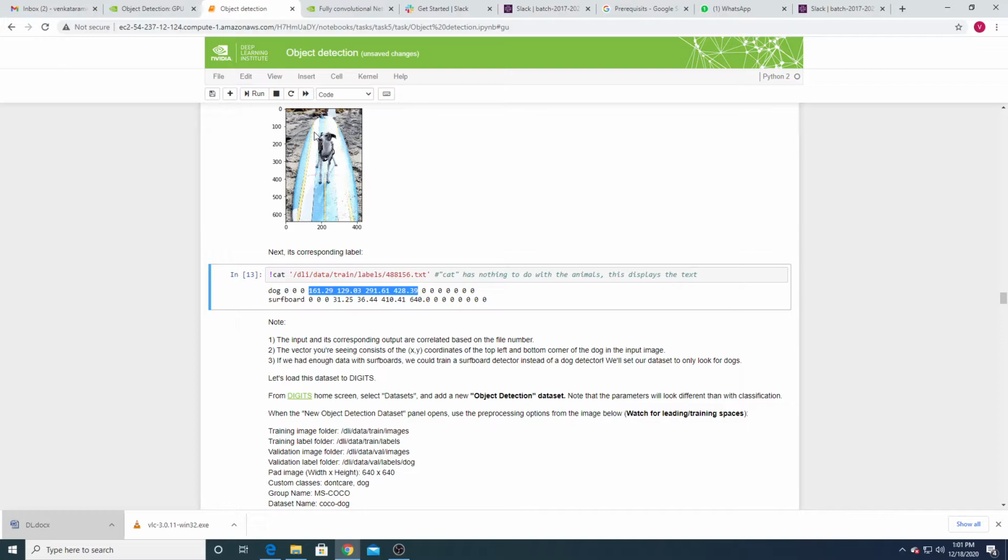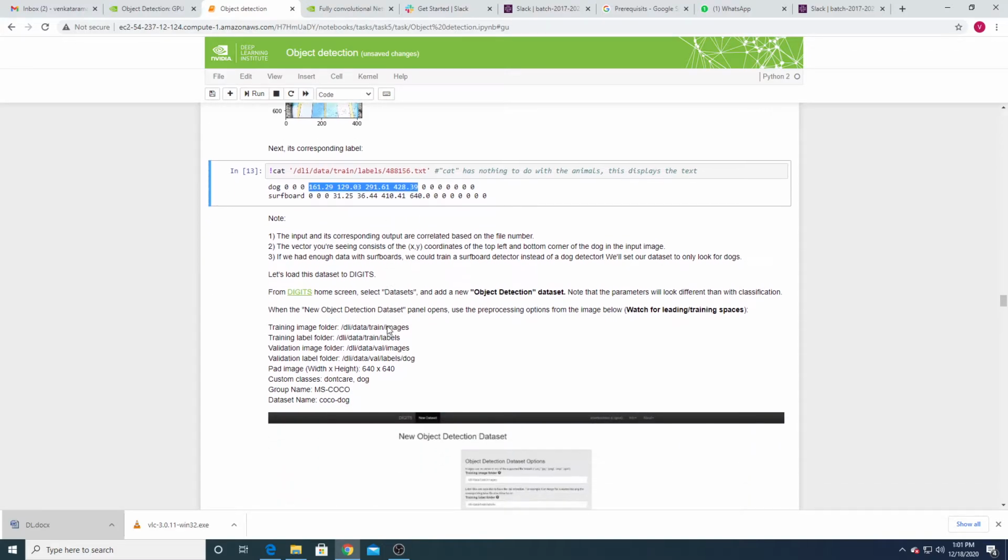So the x coordinate is 161 and the y coordinate is 129 at this point, and coming to this point, the x coordinate is 291 and the y coordinate is 400. Like that you have to draw a box and it will create coordinates like this. So this is the image, and corresponding to it your dog object and surfboard object information is available like this.